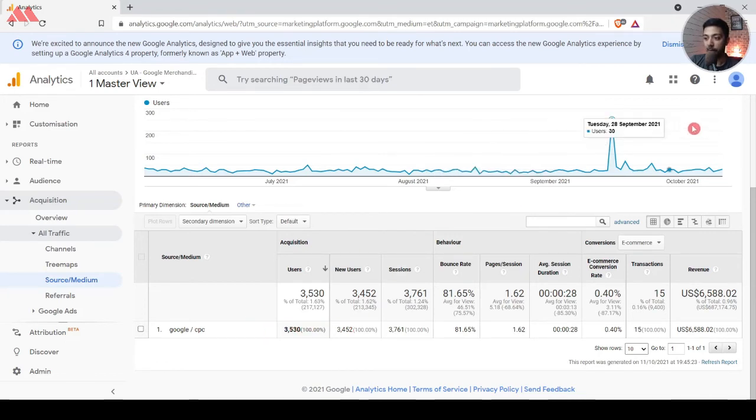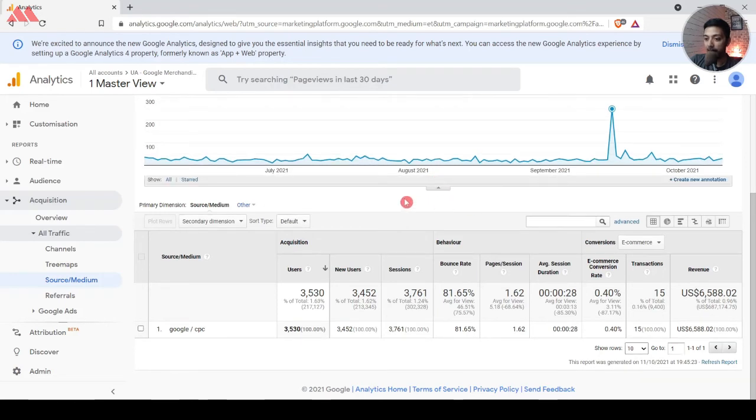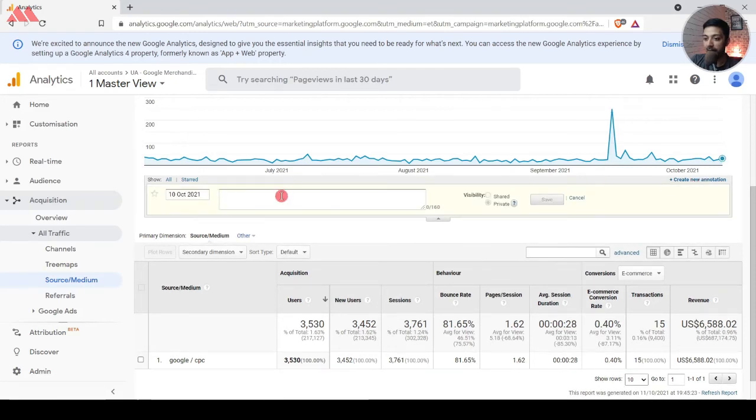Now if we click on this point, this will get highlighted, and maybe after 6 months when we are analyzing this report, we might not remember what exactly happened here, why this traffic got an instant spike. So the easy way to remember this is to add an annotation here. So if we click on this drop arrow, we can create a new annotation, and on this date, that is this one,